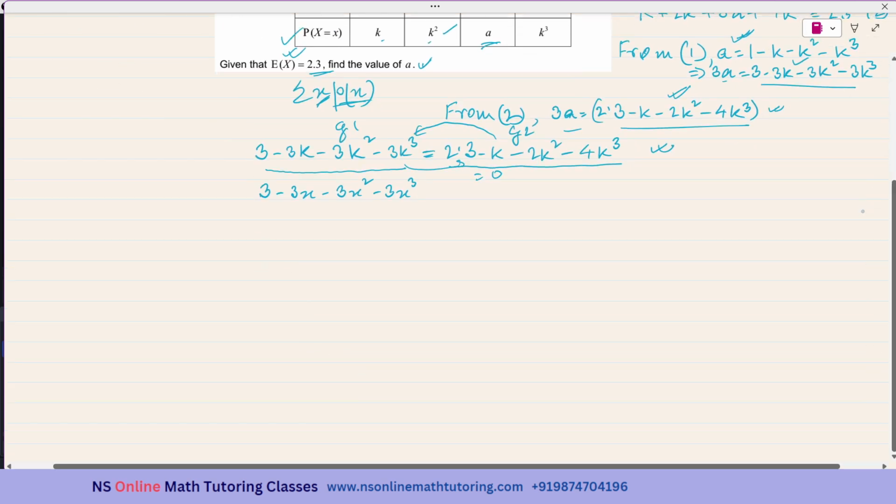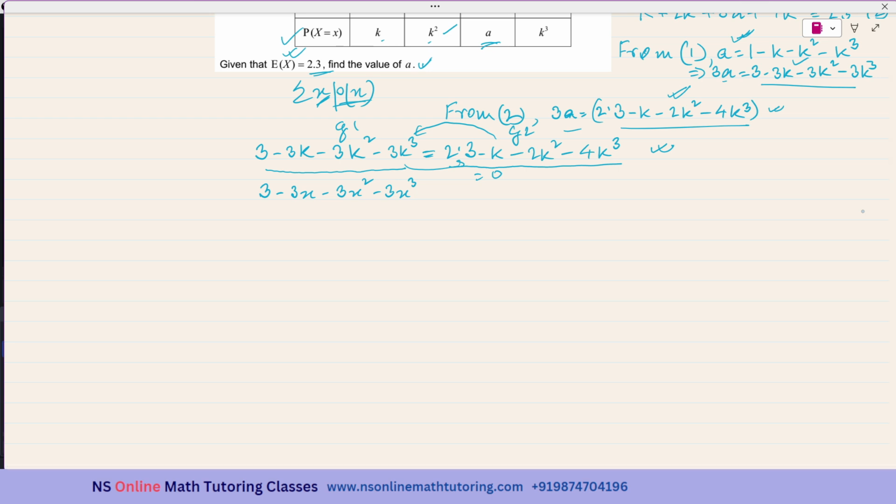So I'll be bringing all the terms to one side of the equal to sign. So I'm bringing every term to the left hand side. I'm starting with 4k cube, since k cube, with power 3, is the highest power of k. So I'm starting with this term: 4k cube minus 3k cube. Then comes the k square term: plus 2k square minus 3k square